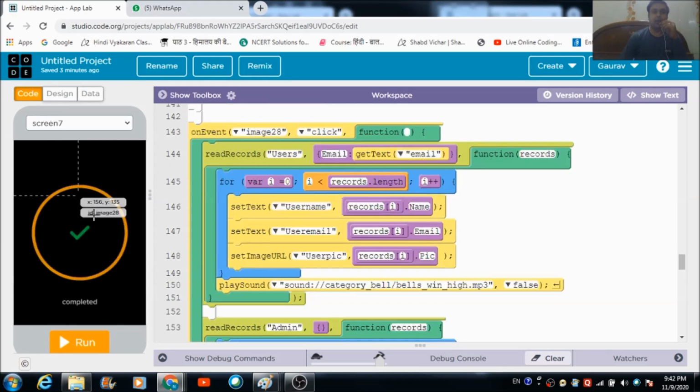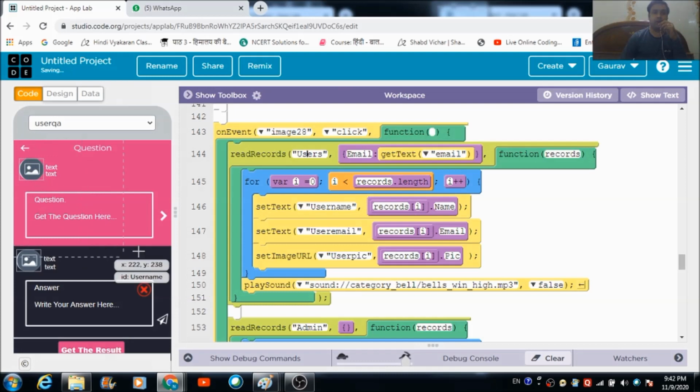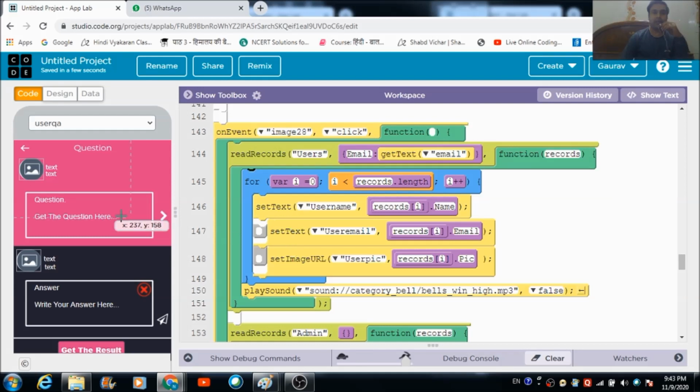Now when the user hits image 28, which is the name of this image component, automatically the records are going to get pulled up from this users table, and everything is going to get pulled up on this screen, user QA.